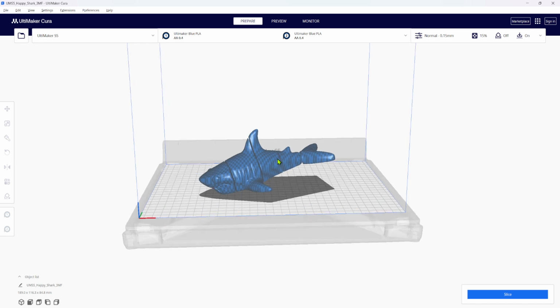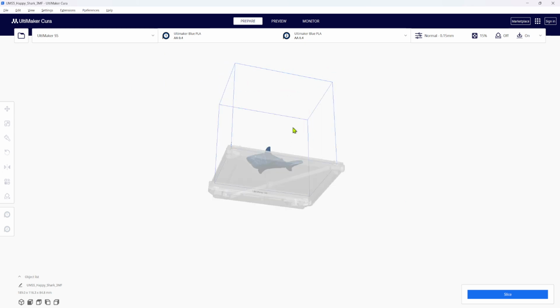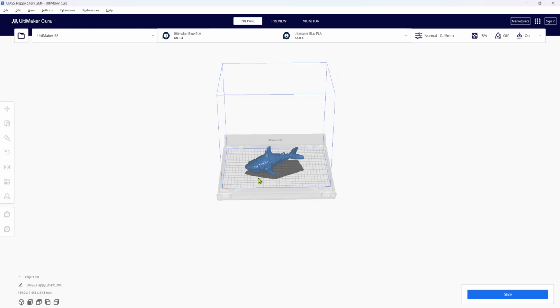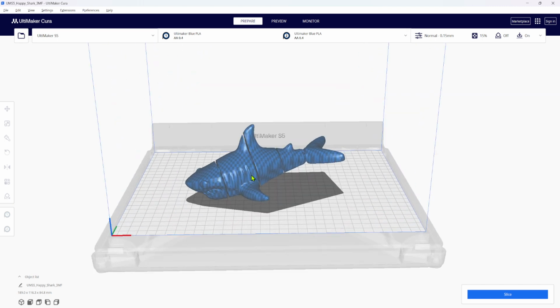So make sure your 3D model is loaded onto your virtual build plate, as you can see like that. Now left click on the object to select it. Now you see this blue line around the object, so basically a blue frame. That means that you have selected the object, and also you will see on the left side here this toolbar